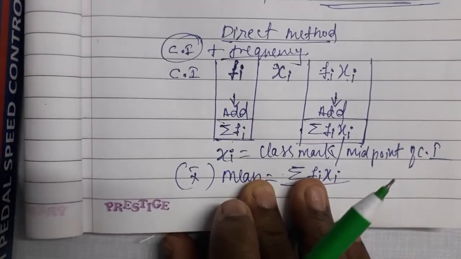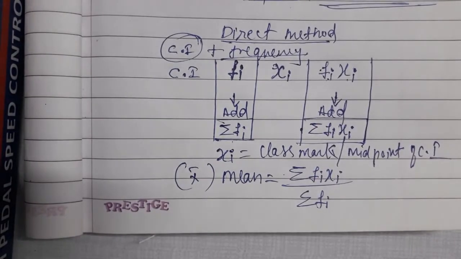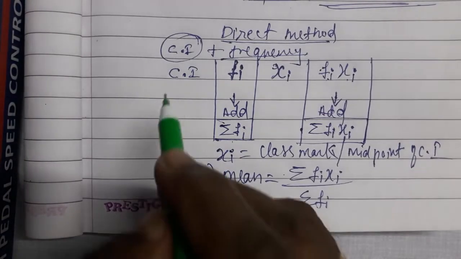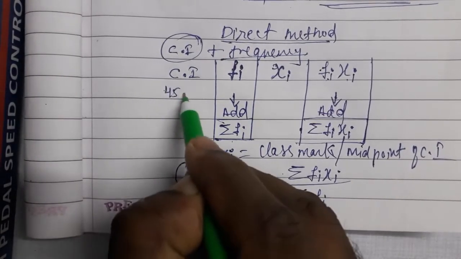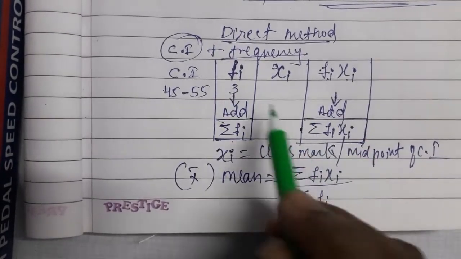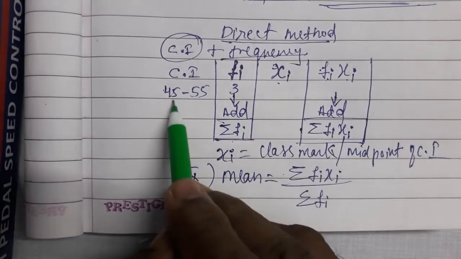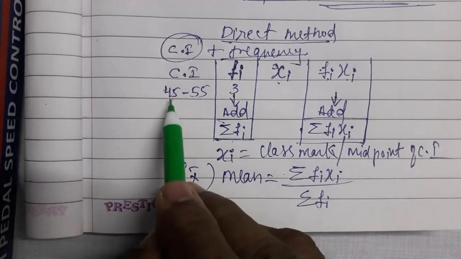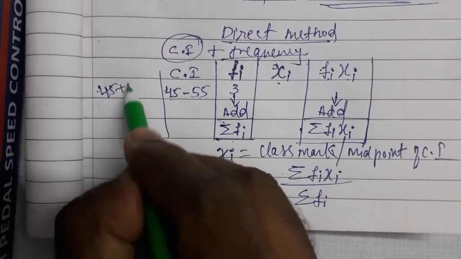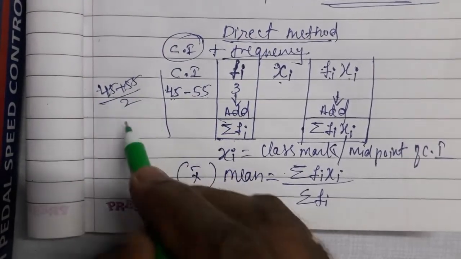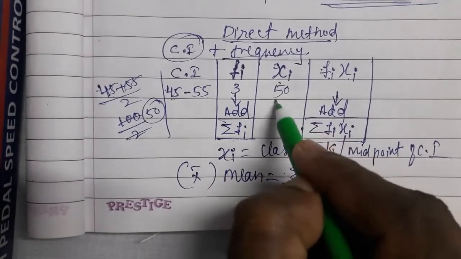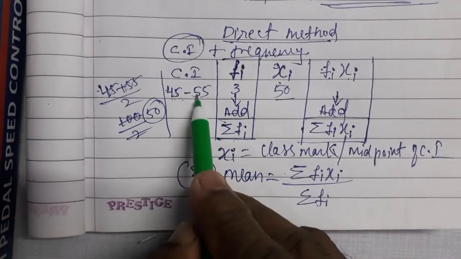Now here we'll take a simple example of only one line. So here you can notice, 45 to 55 is the class interval. 3 is the frequency. Now how do we find the class mark, the midpoint? Midpoint means the centermost score between 45 and 55. How? You add upper limit plus lower limit divided by 2. 45 plus 55, how much? 100 by 2. 2 50s are 100. So 50 is considered as the midpoint of the respective class interval.